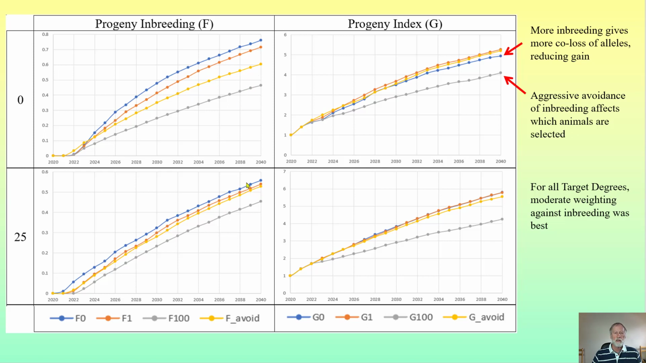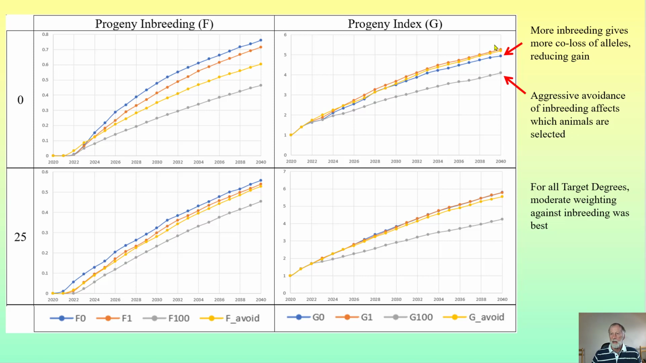For 25 degrees we get the same sort of pattern but less difference, because we're now putting a fair bit of emphasis into genetic gains as well. And the two graphs on the right hand side are for progeny index or genetic gain. And firstly we can see that aggressive avoidance of inbreeding actually affects which animals are selected, and therefore genetic gain